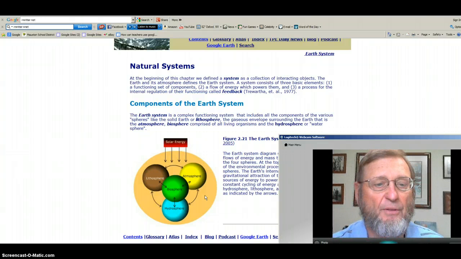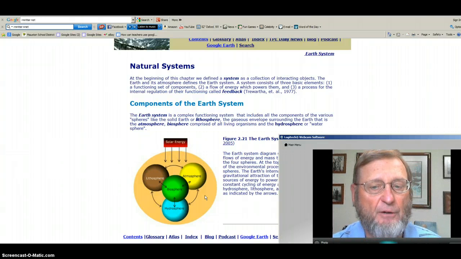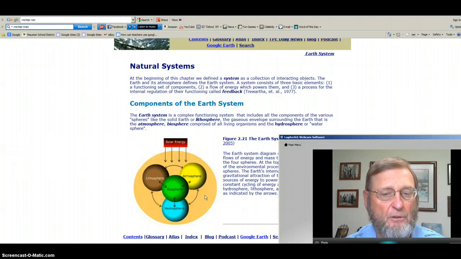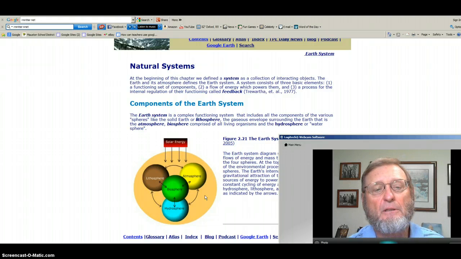And we'll learn more about that later. But an ecosystem is an area where all of these different physical, which we call abiotic factors, and biotic factors, the living things, interact. The living things interact with each other, and they interact with the physical parts